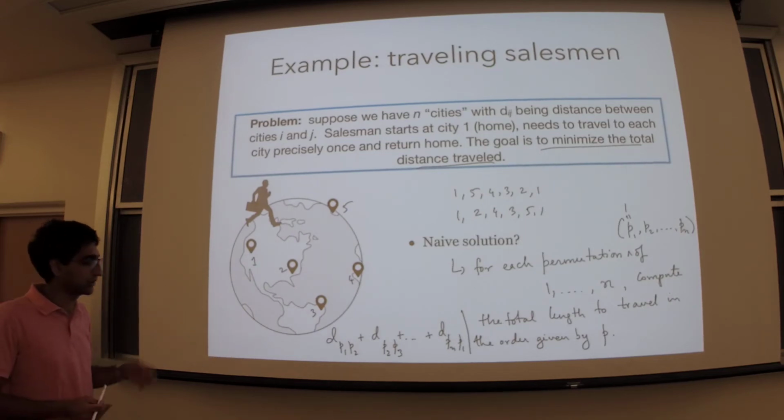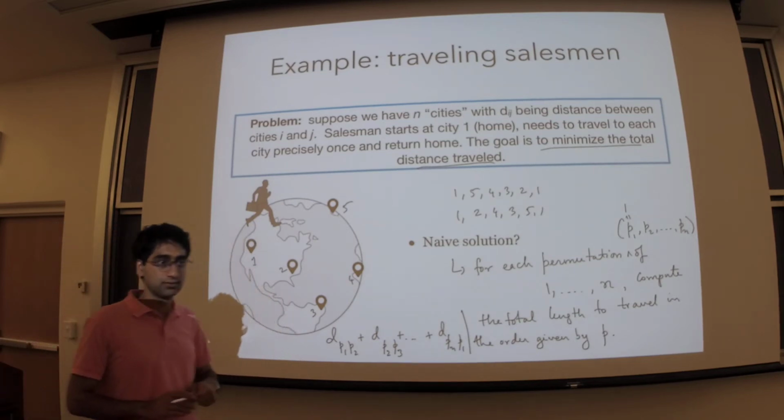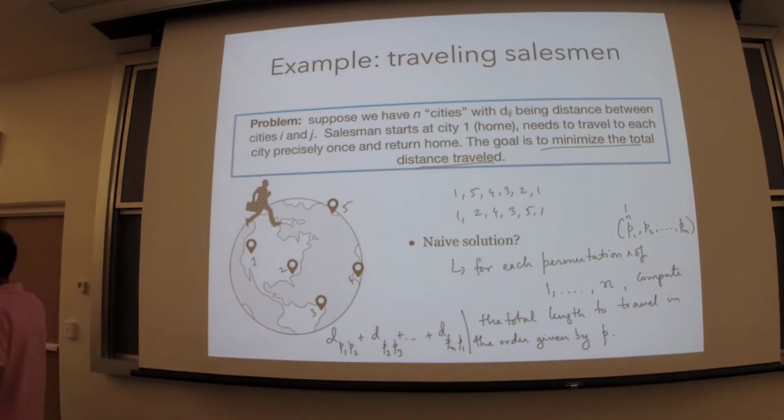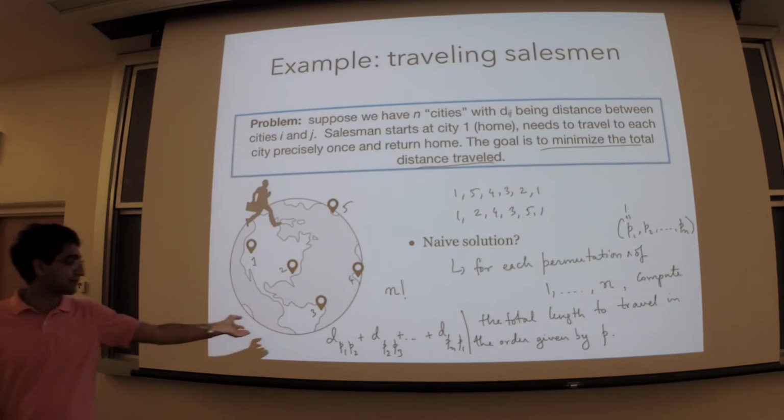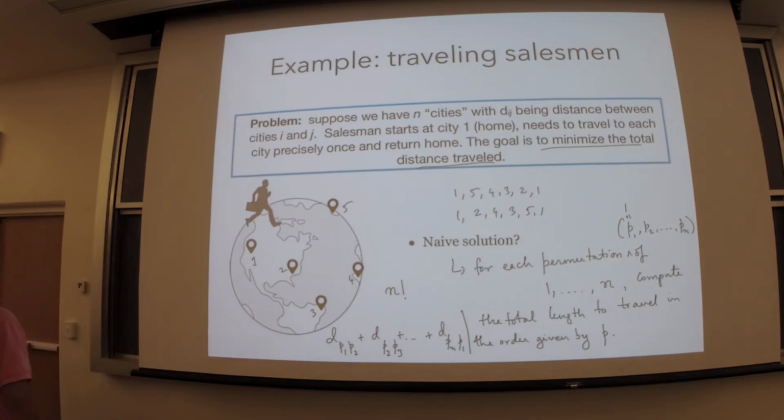So how long does this take? Okay, so this takes roughly n factorial time because there are n factorial permutations. To be very precise, it's (n minus 1) factorial. But then you have to compute this sum, which takes time. So it's roughly n factorial. So the naive solution has this running time,